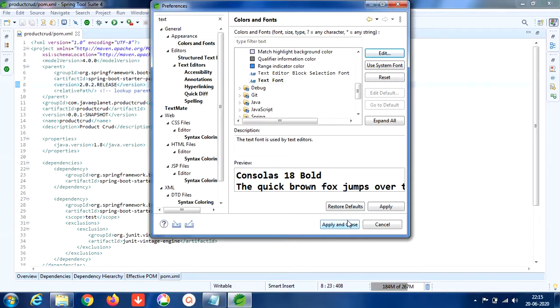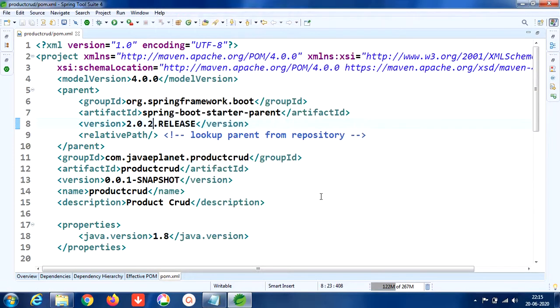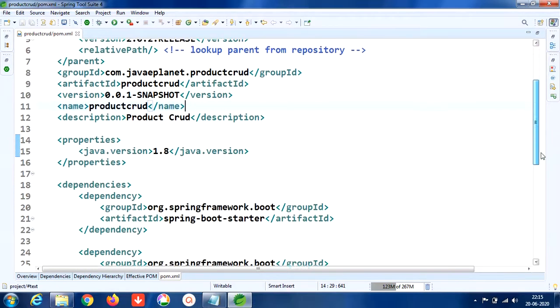Okay. Now the font is very big so that we can see them clearly.